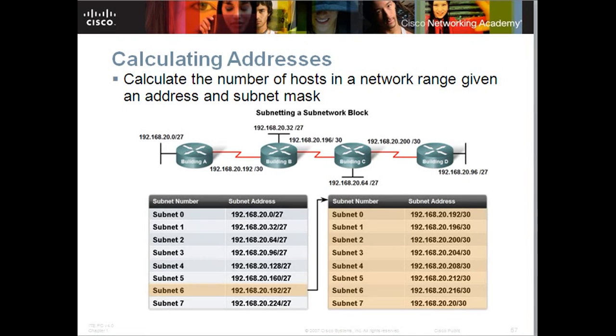Now we'll be discussing calculating the address. So here some topology is given, and let's try to find out how we can calculate the address in terms of creating subnetworks from a bigger network, calculating equal length subnetworks and subnetworks of subnetworks. So here in this picture you can see initially the requirement of